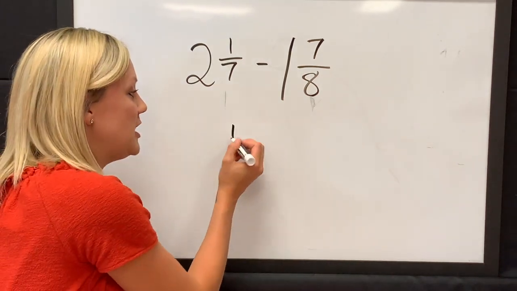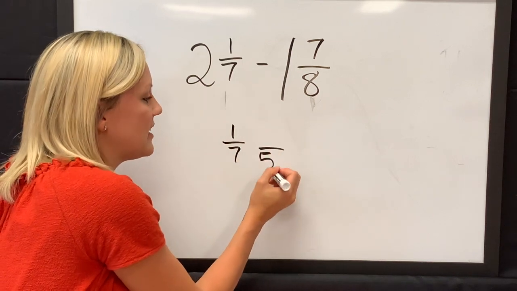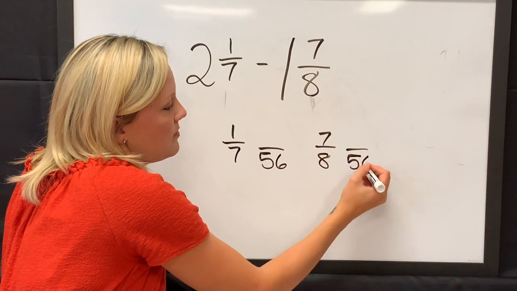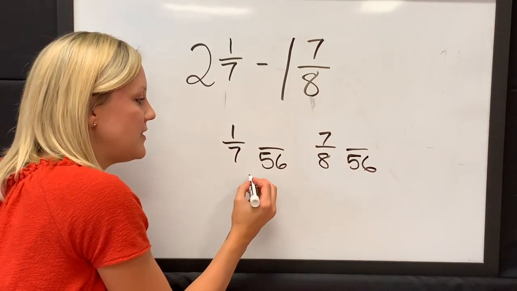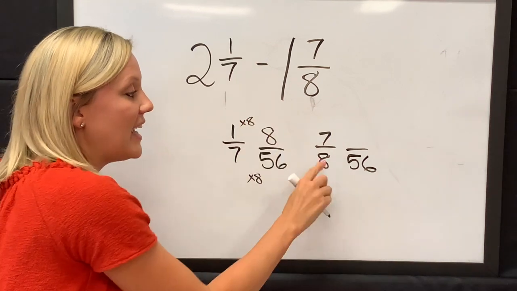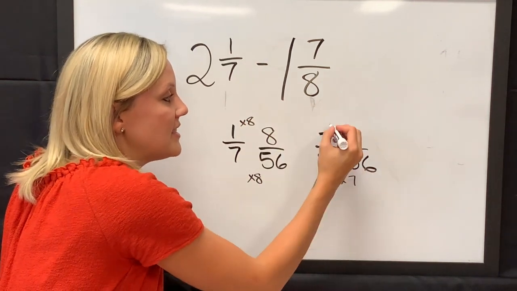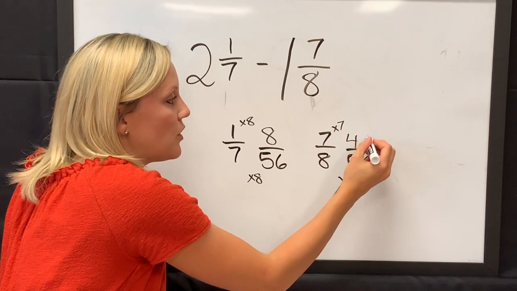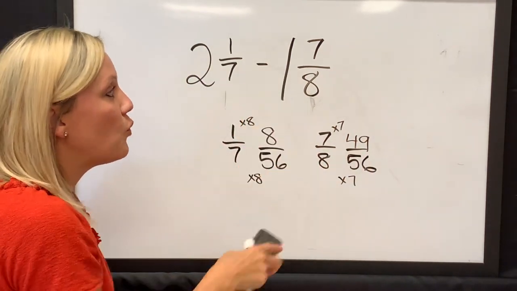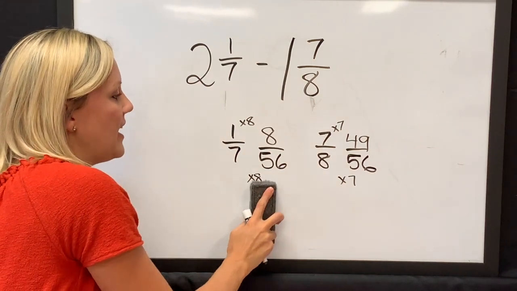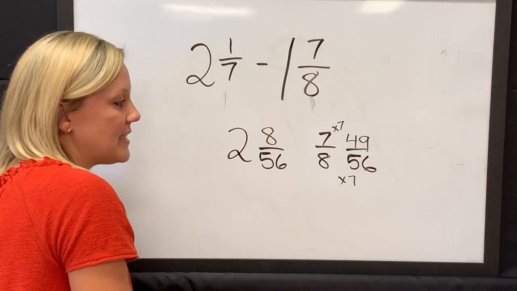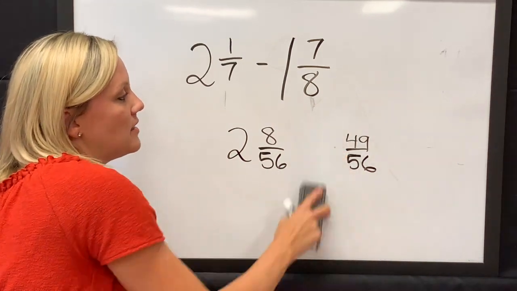Okay, so I'm going to change both of these into 56. 7 times 8 is 56. 1 times 8 is 8. 8 times 7 is 56. 7 times 7 is 49. Okay, so instead of 2 and 1/7 minus 1 and 7/8, I am going to have 2 and 8/56 minus